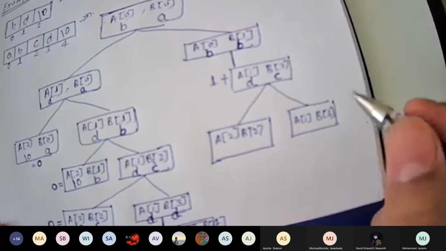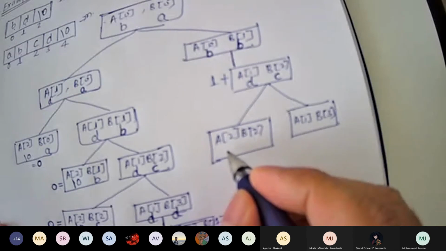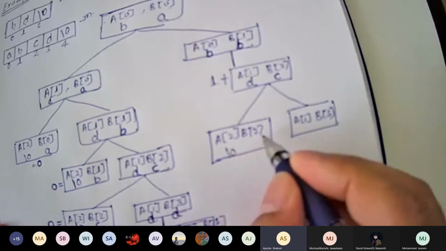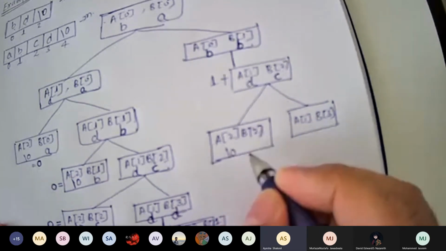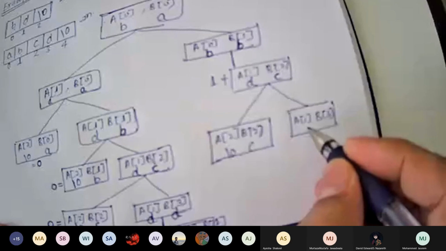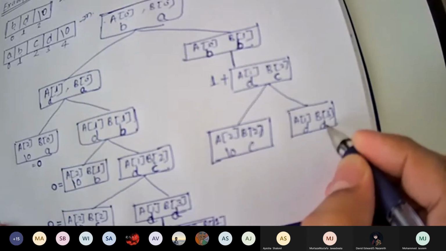So what is the value of A2? Zero. And B2 is C. A1 value is D, and B3 value is D.